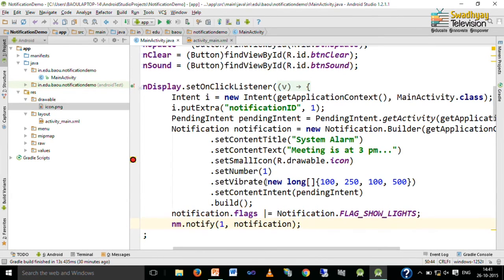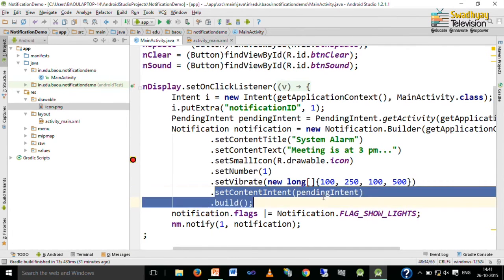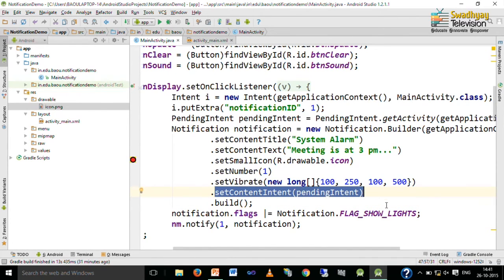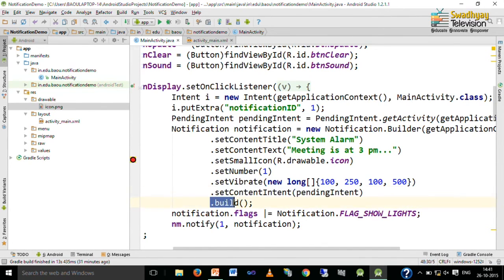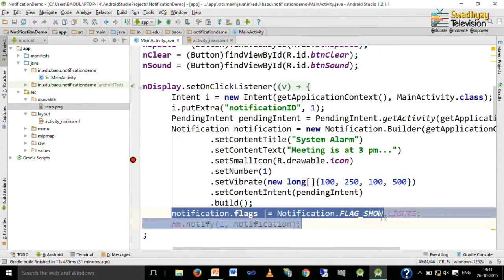This array represents the pattern of our vibration, and you can include any number of values inside this array. Then finally, we set the content intent as the pending intent, and the actual notification is generated using the build method, and this flag must be used for using lights, but here we are not using any light, we just display it for your reference.